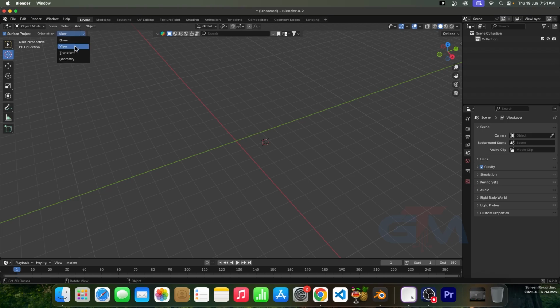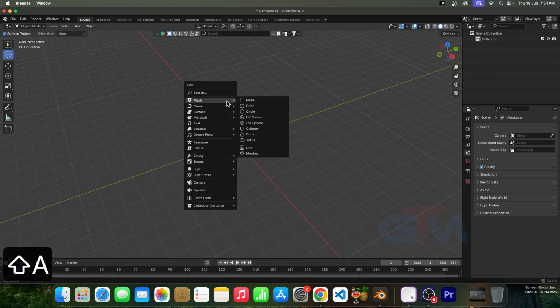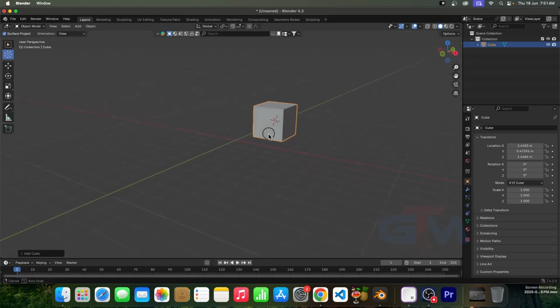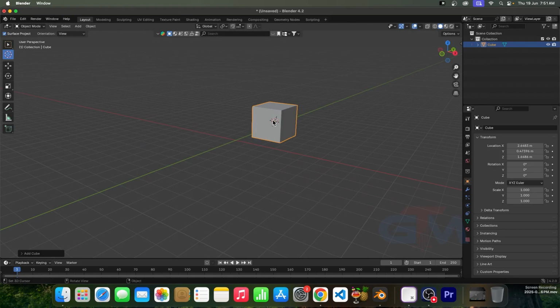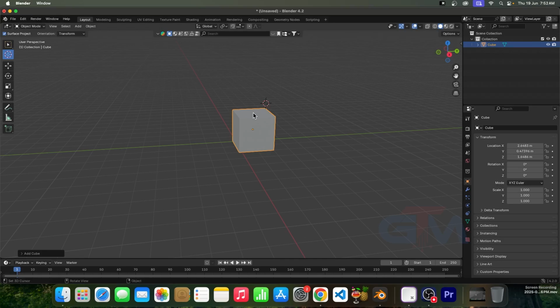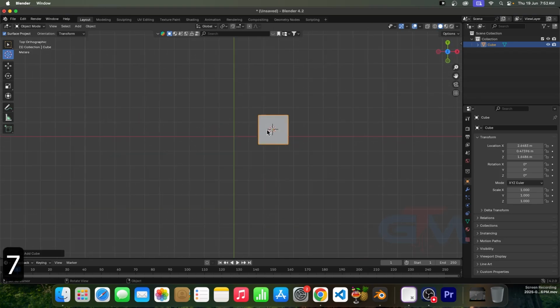Now we have transform and geometry. In order to understand this one, I will add one object. Shift A, mesh, a cube. I just added a cube here. Now the cube is placed at the position of the cursor. Let me go to transform. I will just click on this object, the cube. Then you can see now the orientation of this cursor according to our object. If I hit 7, you can see it is exactly the same as this object